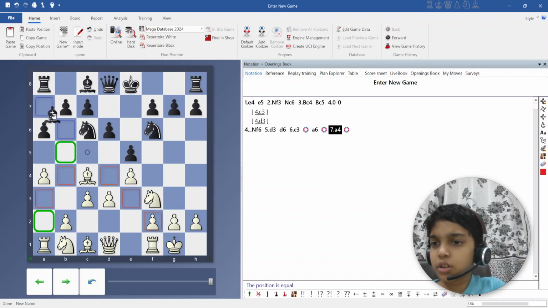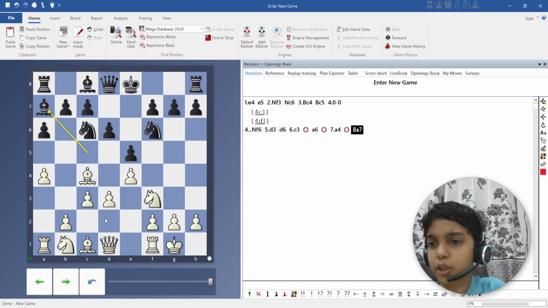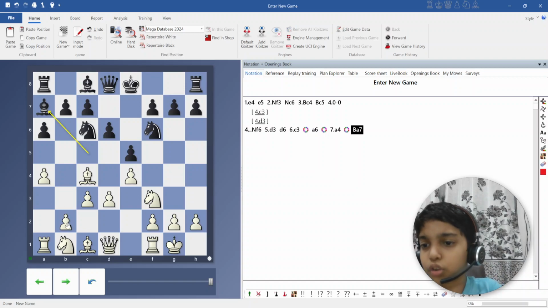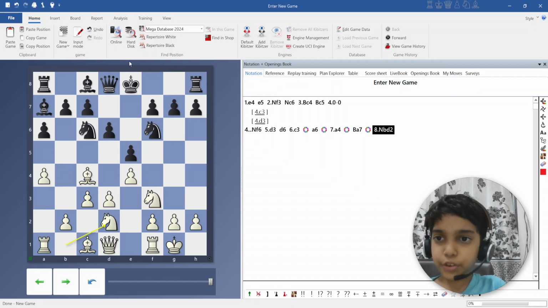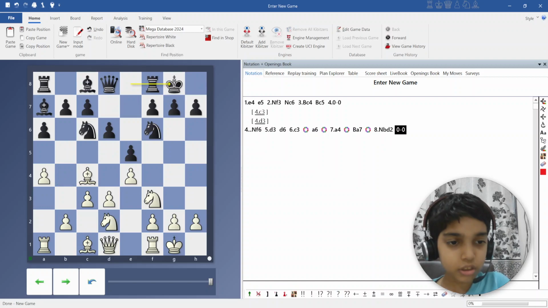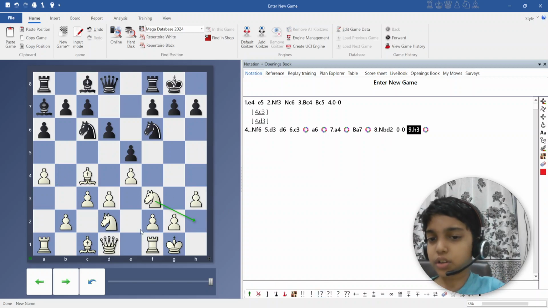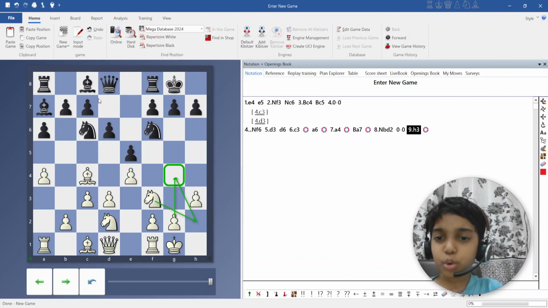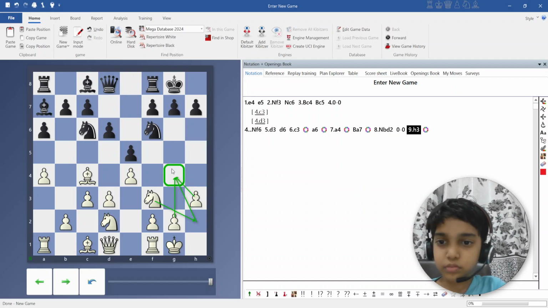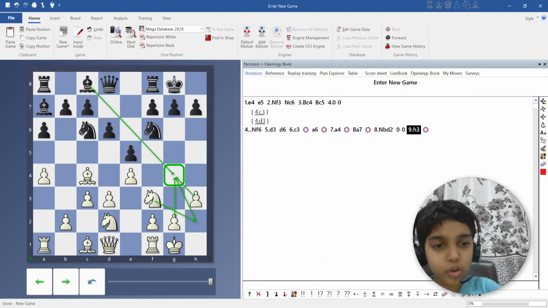Now bishop to e7, a7, the bishop also retreats because of the prospect of b4, so that's why. Now knight bd2, white develops naturally, short castle, h3, knight h2, and then knight g4 I think is the idea, and g4 can also come. And it's also just a waiting move preventing bishop to g4. So that's why